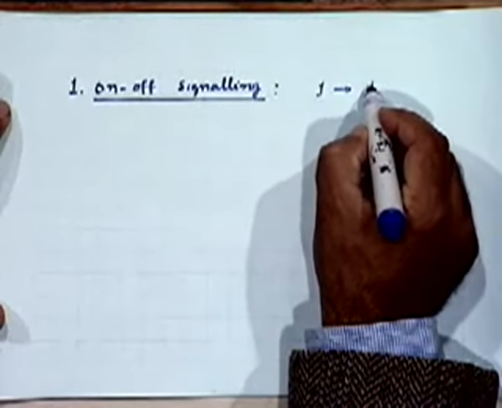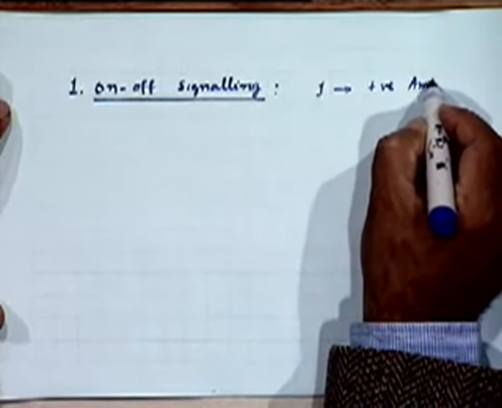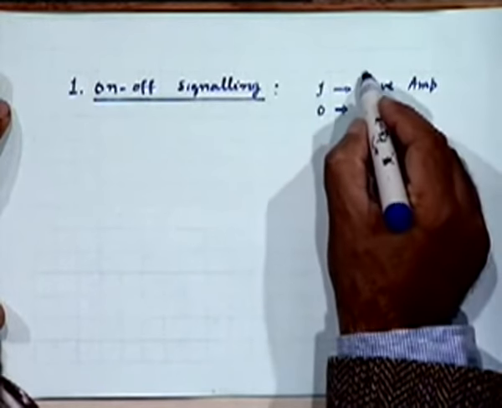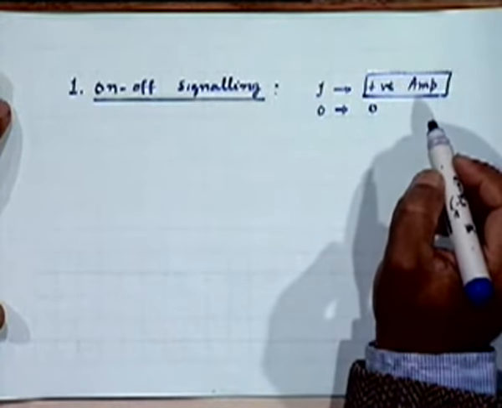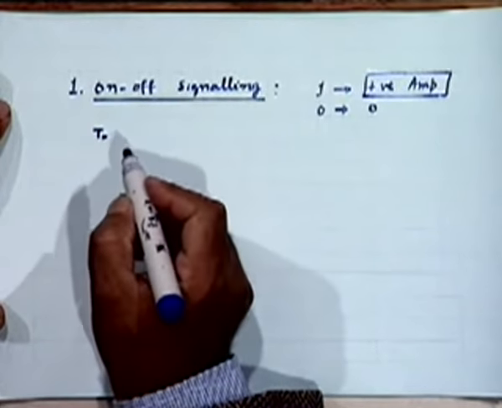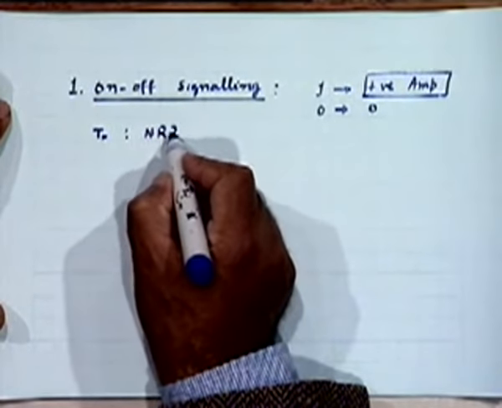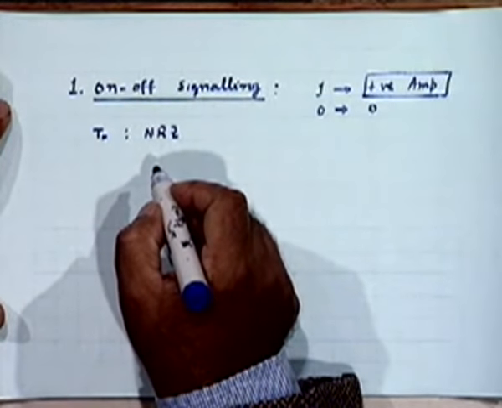But first, basically we are talking about the fact that one is represented by a positive amplitude, maybe negative, but usually positive amplitude, and a 0 by 0. This positive amplitude pulse may have a duration equal to T0 or less. When it has a duration equal to T0, we get a situation which is similar to NRZ. In fact, this is the most general name of non-return to 0.